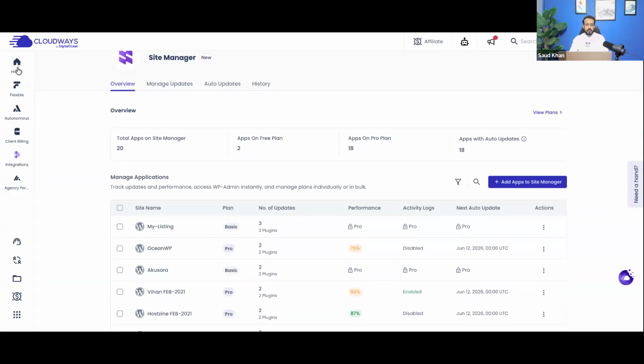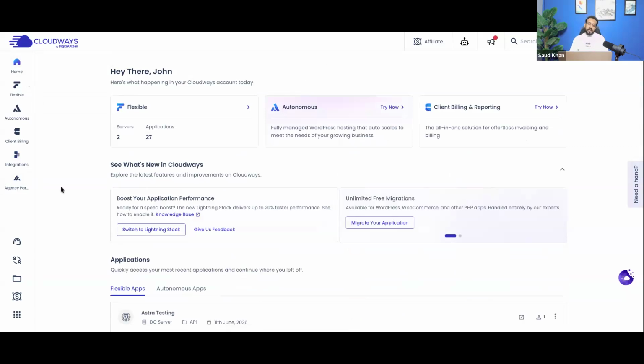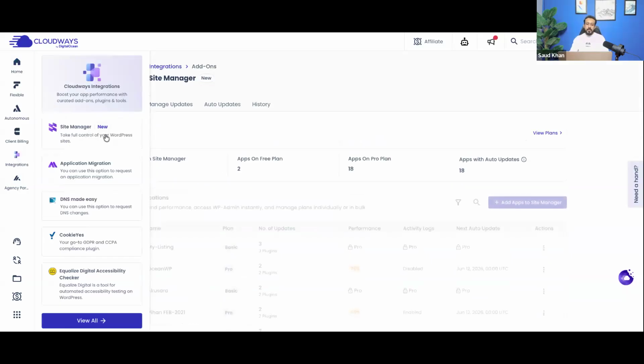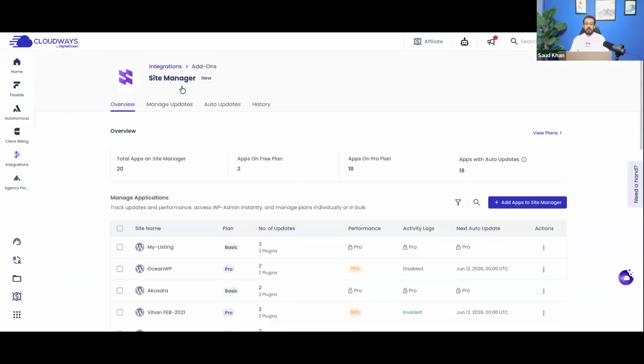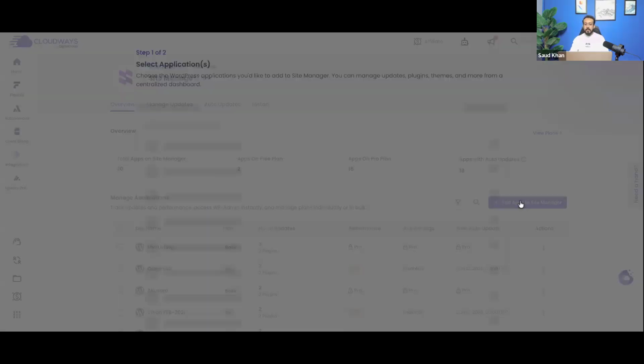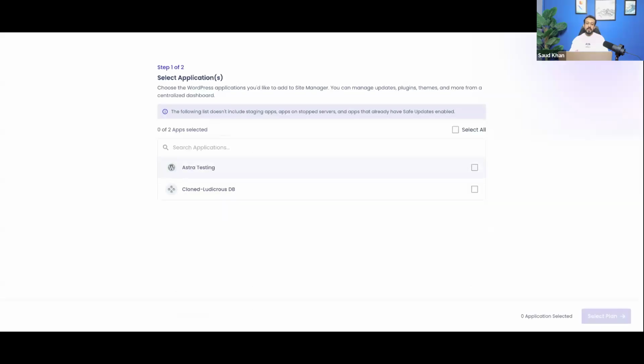All right. So if I am on the Cloudways platform, I can directly go into the integrations page. Here you can see the Site Manager is there. You can simply click on it and you will be able to see the Site Manager dashboard. I already have some applications subscribed to my platform right now, but you can obviously go ahead and subscribe to the Site Manager add-on through the add apps section. You can add multiple applications in this add-on. There are two applications here showing that are not on Site Manager right now. I can select one, or in bulk, or select all applications,